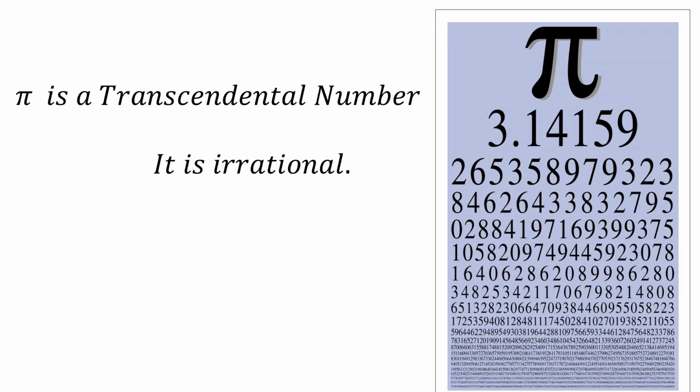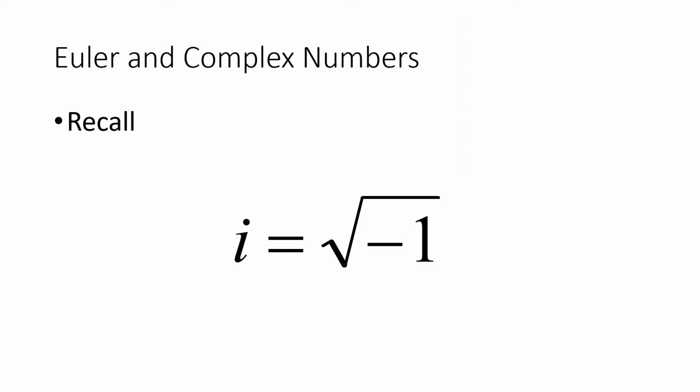We know that pi is a transcendental number, and pi can also be taken as that irrational number 22 divided by 7, or you may find the value for pi as 3.14159, etc., using any computer applications. We also know the value for i as square root of -1, and it is a complex number.